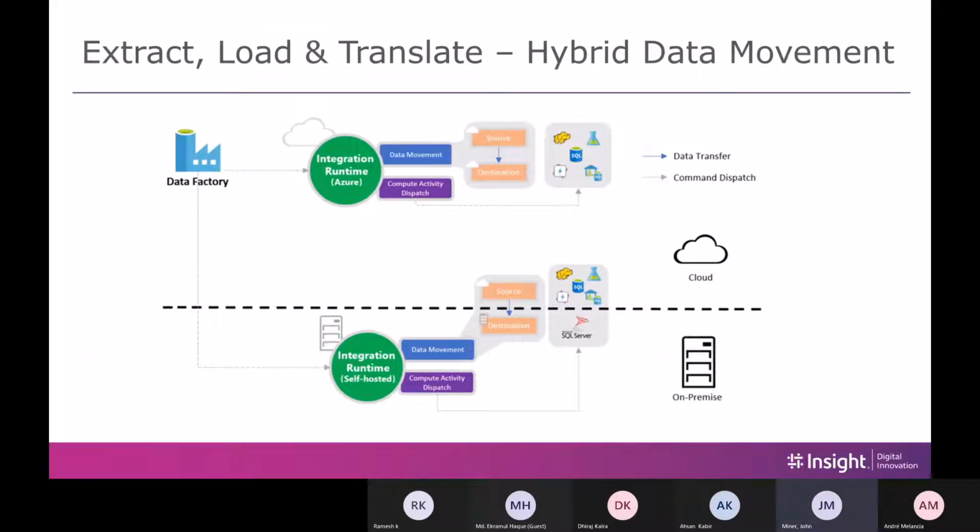Okay, let's talk about hybrid data, because a lot of people have data on premise as well as in the cloud. And how do we do that? Well, Azure Data Factory under the hood has something called Service Bus. So when you run a pipeline, it throws a message on Service Bus. Where the message goes determines how it runs. So if I throw it on Service Bus and I'm using the auto-resolve integration runtime in Azure, it's going to pick it up and first do a compute dispatch activity. So it's going to figure out how to connect to the source and destination, and it's going to do the